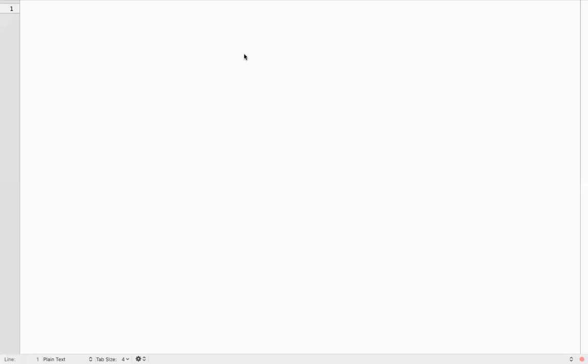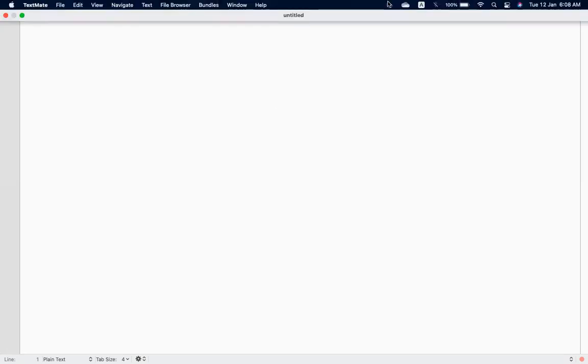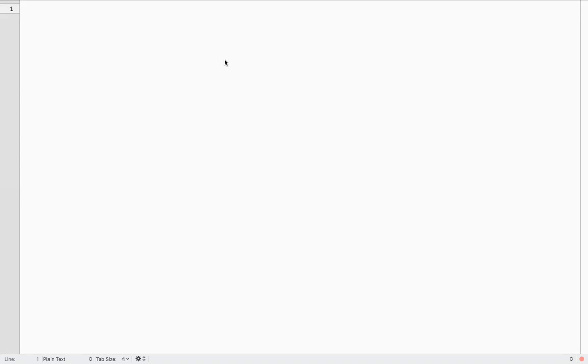Okay, we'll get started. So yesterday we were discussing replication controllers. As we discussed, we should not create pods directly. If a pod goes down, it will not be rescheduled.